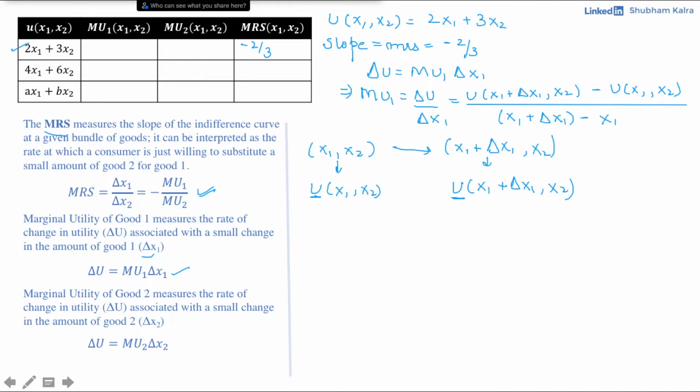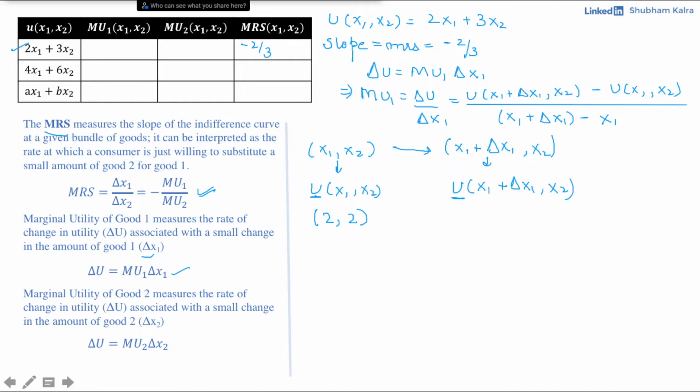Now I know that this might seem a bit complex at first, where we are using so much notation. So let's take a numerical example and apply it to this particular utility function and then calculate the marginal utility using this formula. Suppose originally the consumer is consuming 2 units of good 1 and 2 units of good 2, giving